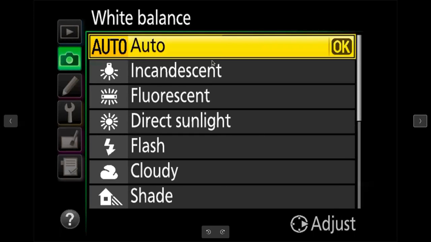First, how to set a Nikon camera. If we are using it, it has direct modes like auto, incandescent, fluorescent or direct sunlight. So depending upon the environment where you are shooting, if you select that particular white balance mode, you get a proper result. In case you are not able to decide which mode you should use, you can leave it to auto white balance.